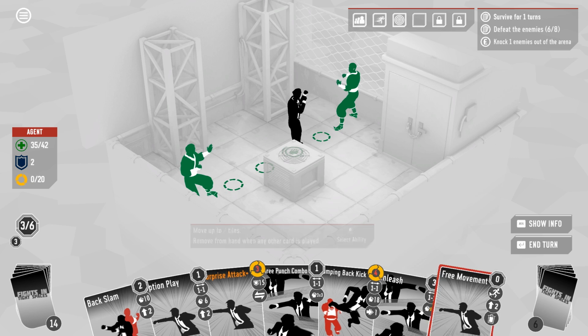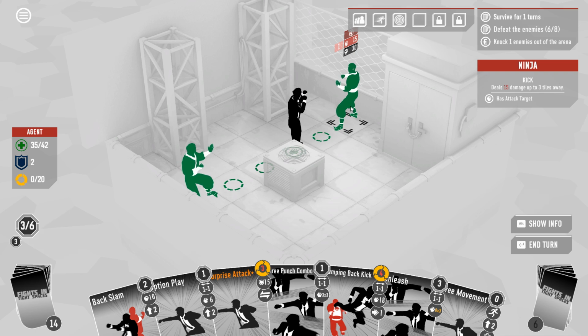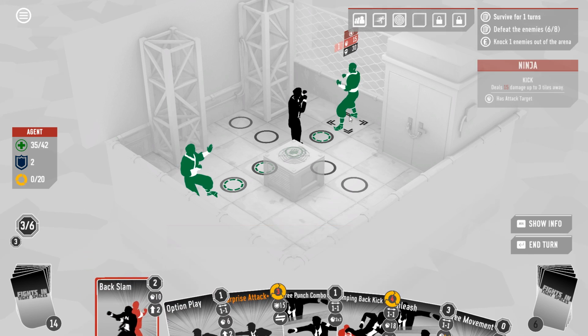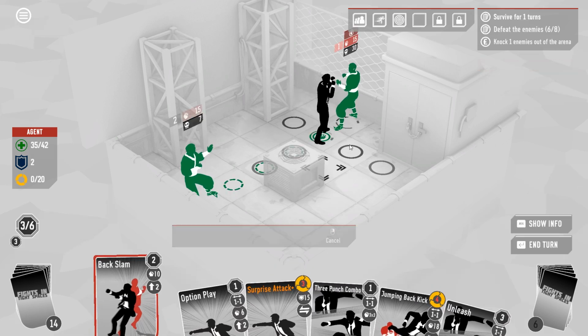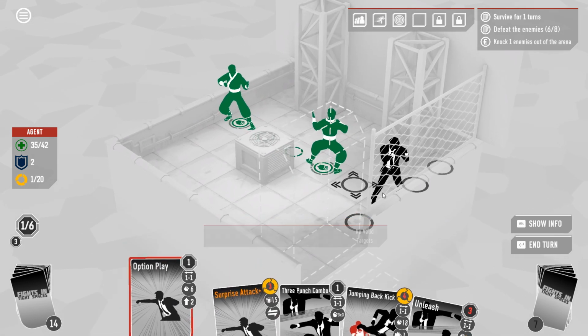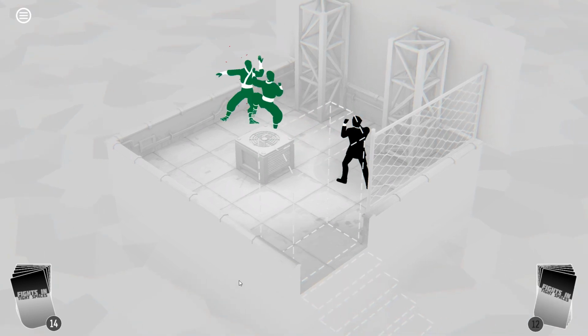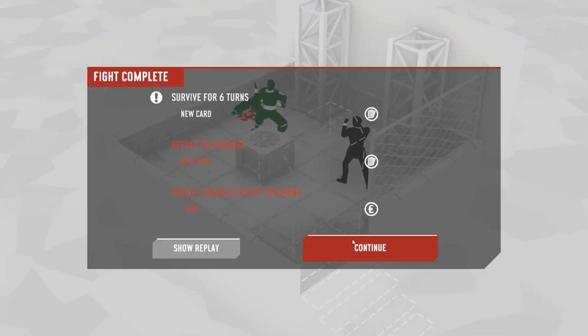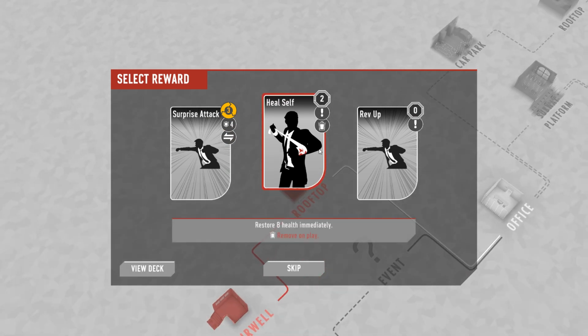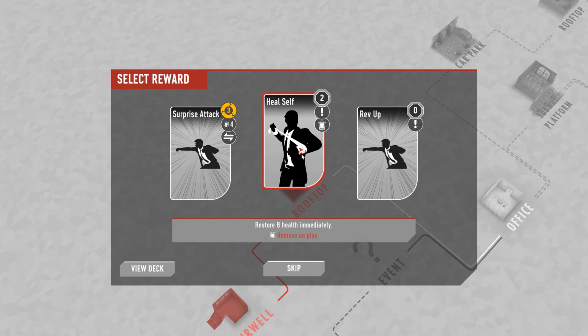So if we free move over here... If I'm not going to be able to kill him, do I want to try to just leave this guy up? You know what? Let's free move adjacent to this guy and backslam him. We can at the very least make them deal with each other, which is always fun. We'll just... Yeah, that's a shame. I mean, I probably would have skipped the card anyway, so restore 8 health immediately is pretty whatever. How much healing do we really want, right? Like...